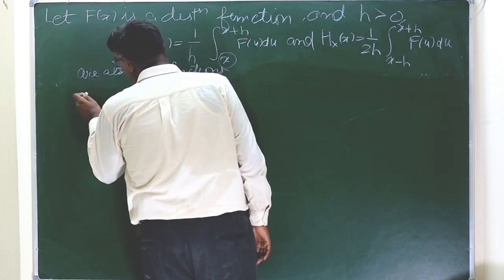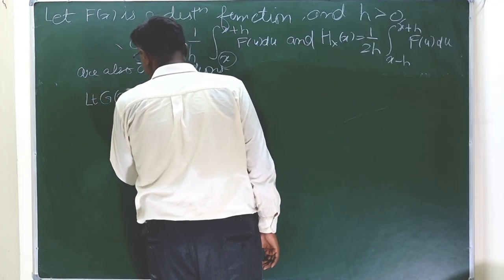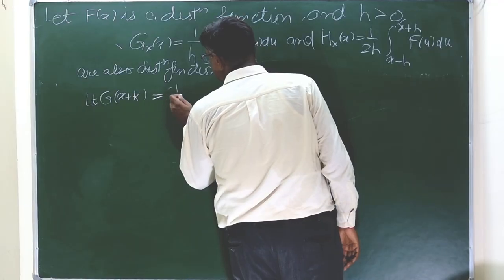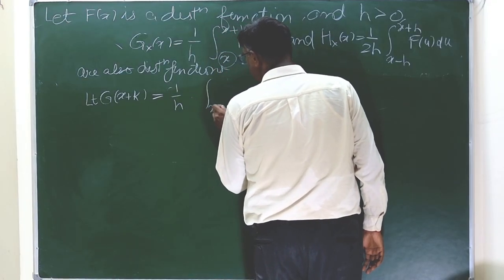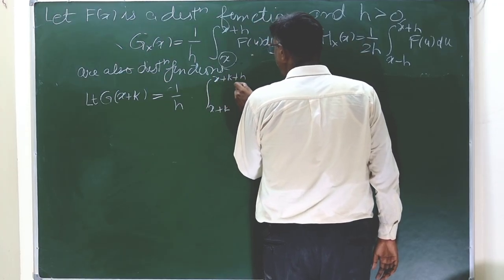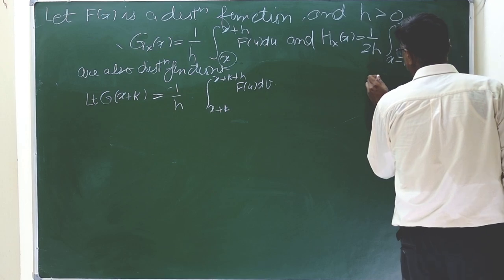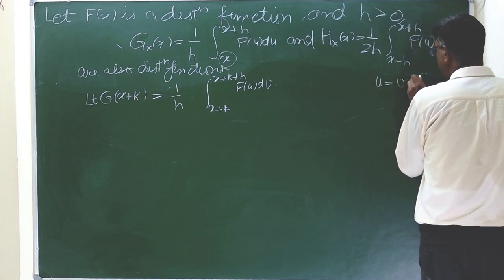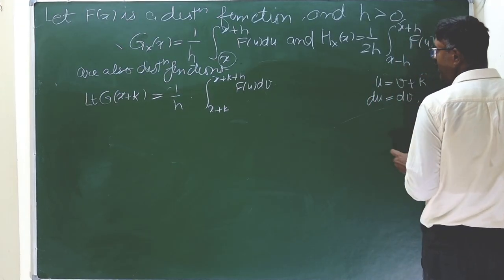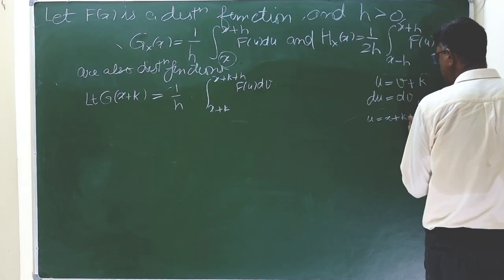So for the property limit, we will take g of x plus k. Now we will substitute x by x plus k in this interval, in this place. The limit goes from x plus k to x plus k plus h of f(u) du. So what we will do, we will take u equal to v plus k. So du will be equal to dv, and when u is x plus k plus h, then v will